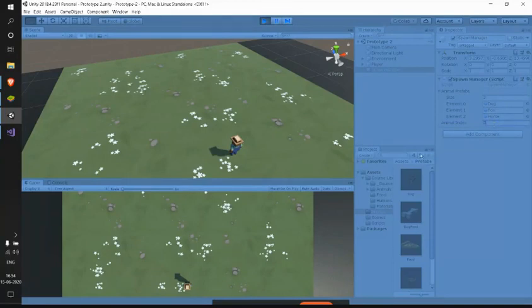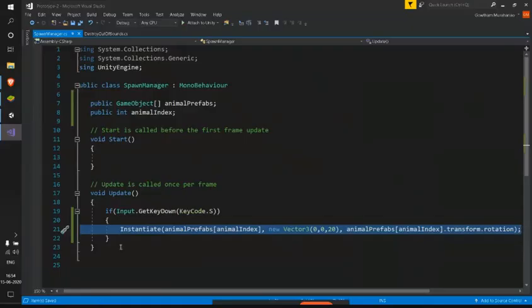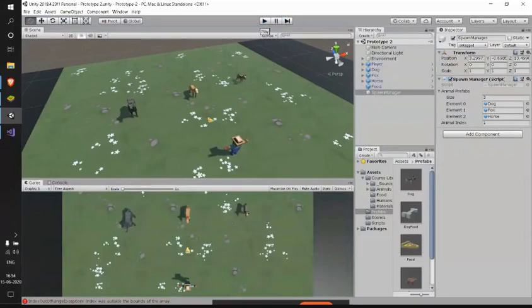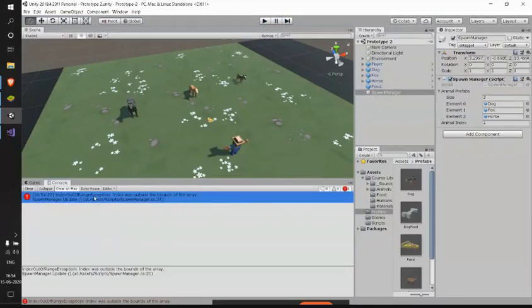Let me give 3. And see, whenever I press S, there comes an error here. Let me get back to my normal mode and show this. See here it says index out of range exception.